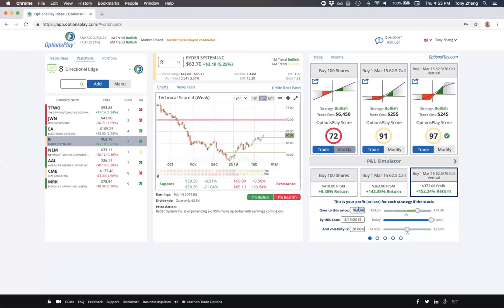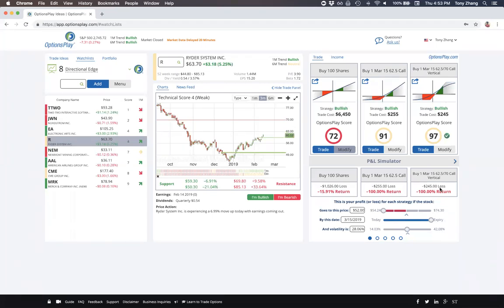So again, you can use that information, plug it into our P&L simulator, and say that, well, if I think Rider is going to go up to $70, if I bought the stock, it'll cost me $6,400, but I'm going to make an 8% return. Or I can buy this call option, which will give me 192% return versus a spread, 206% return. And conversely, if this stock goes back down below that inverted head and shoulders, maybe back down to $52, here I'm risking $1,000. Here I'm risking $250. Here I'm risking $245. So really allowing you to understand both your risks and rewards, which is really, really important,